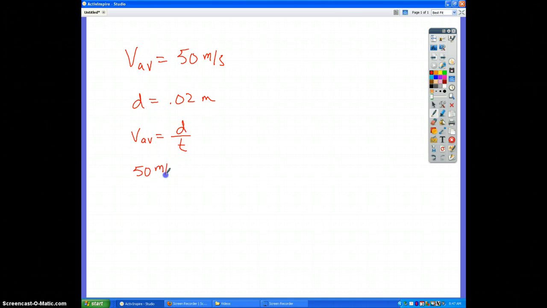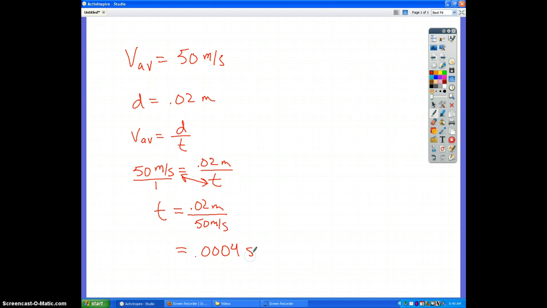50 meters per second was our average velocity. 0.02 meters was our distance. We're going to divide that by time. If you rearrange the equation, you can cross multiply. We know that this side, this is 1 on the bottom. So we would have t on this side would be equal to 0.02 meters divided by 50 meters per second. And when you calculate the time, you'll get